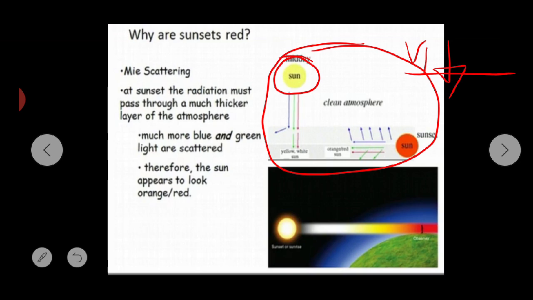Since the shorter the wavelength, the more the scattering, that is why blue gets scattered during daylight. But during the evenings, the distance between the earth and the sun increases, due to which red light